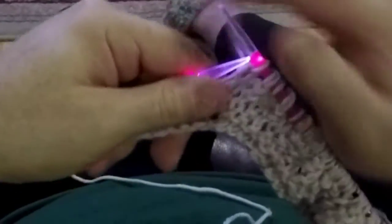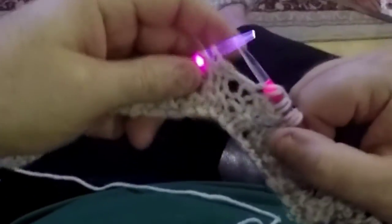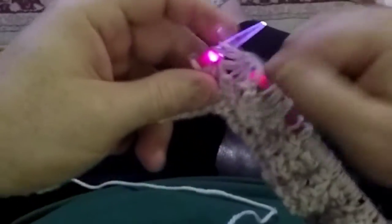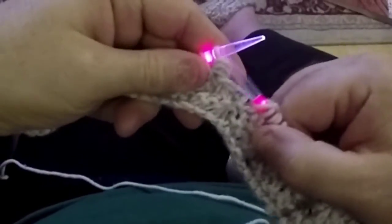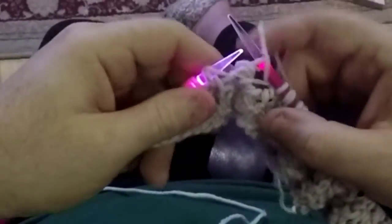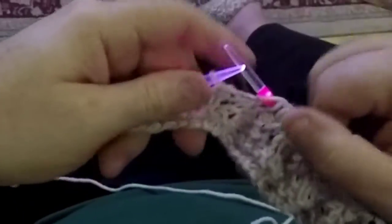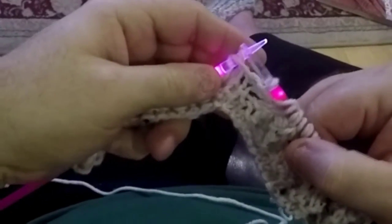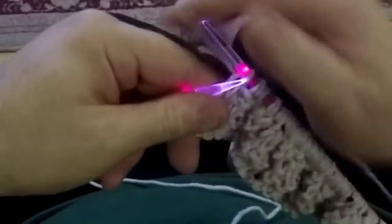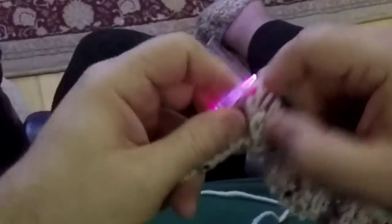So again, I'm just following that basic brioche pattern of brioche knit, yarn forward, slip one, brioche knit, yarn forward, slip one, brioche knit, yarn forward, and here is my decrease. It's a slip one again, don't let that get too loose, into the brioche knit on the other side, yarn forward, slip one, brioche knit, yarn forward, slip one,